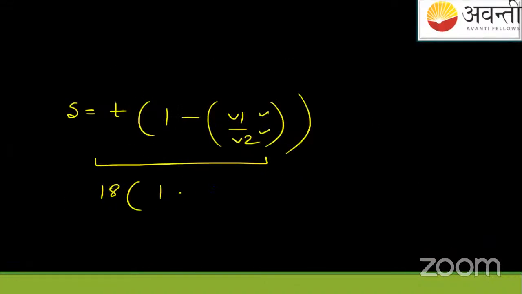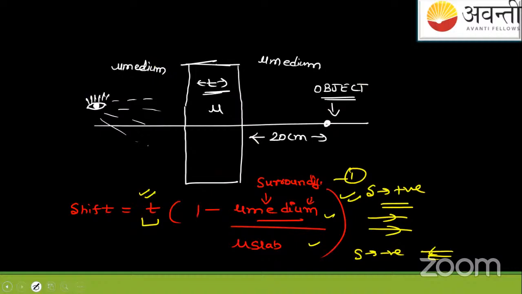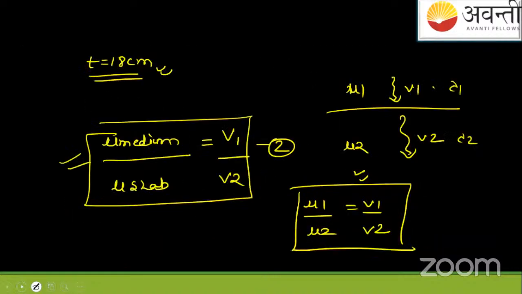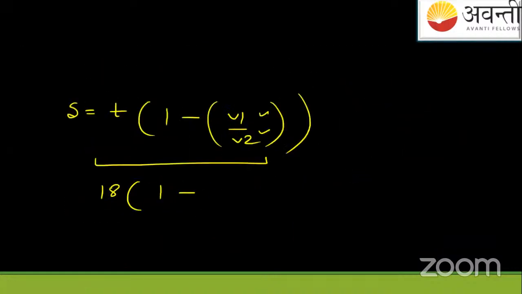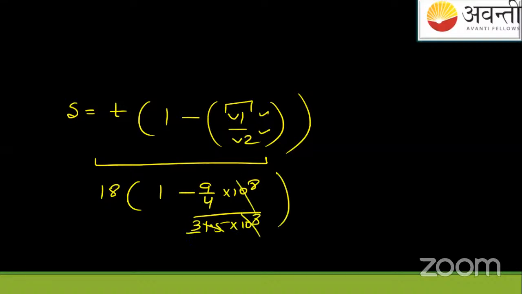Thickness is 18 centimeter. What was the value in quartz? In quartz it was 1.5. So this is not for the quartz, but for the medium, so this will be 9/4 times 10 to the power 8. And in quartz, which is basically the slab, it is 10 to the power 8. Solve this: this equals 3/2, which will be 2/3, 3/2. So the net answer for the shift